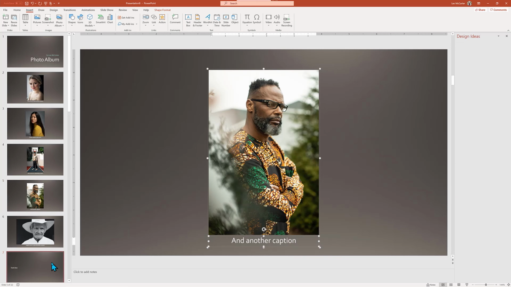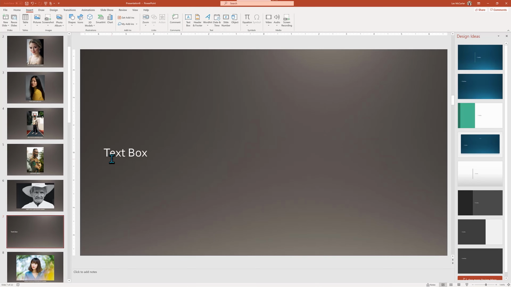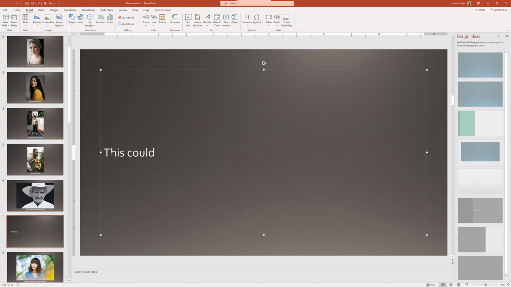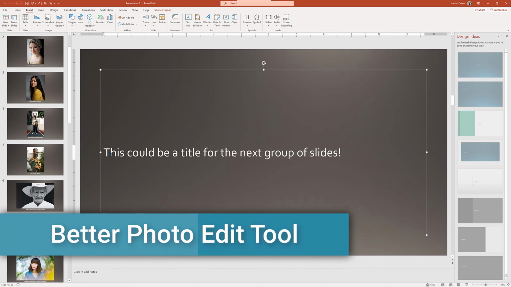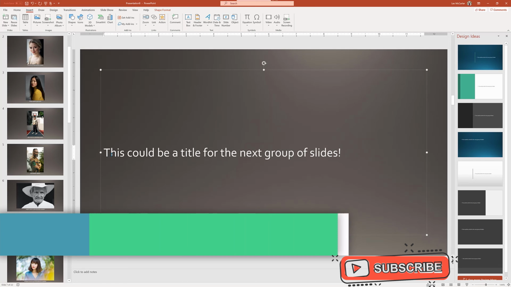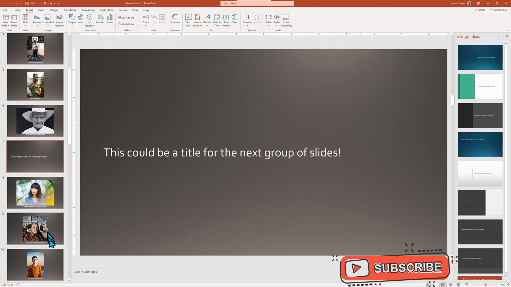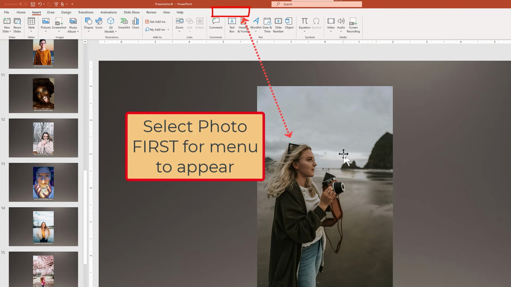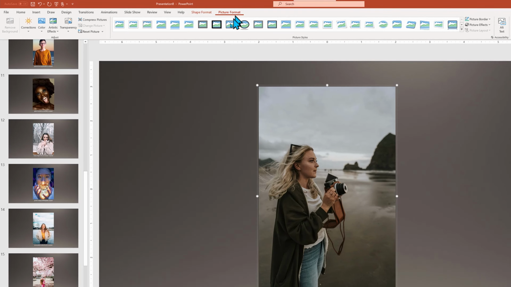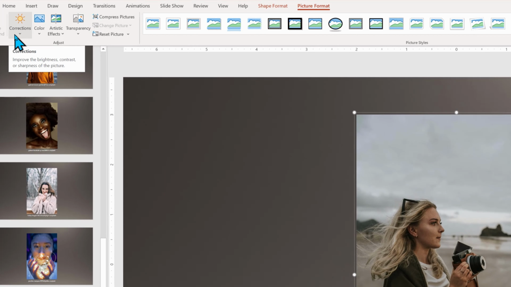And what about the first change of add new text box? Well, PowerPoint added a new slide page with some generic words of text box, which we can change to set the stage for the following set of images. Next, as promised, a better way to edit photos. The built-in album tool is limited and provides poor to mediocre fixes. But if you select a photo in the normal edit mode, a pop-up context-aware menu will appear called Picture Format, but only if the photo is selected.